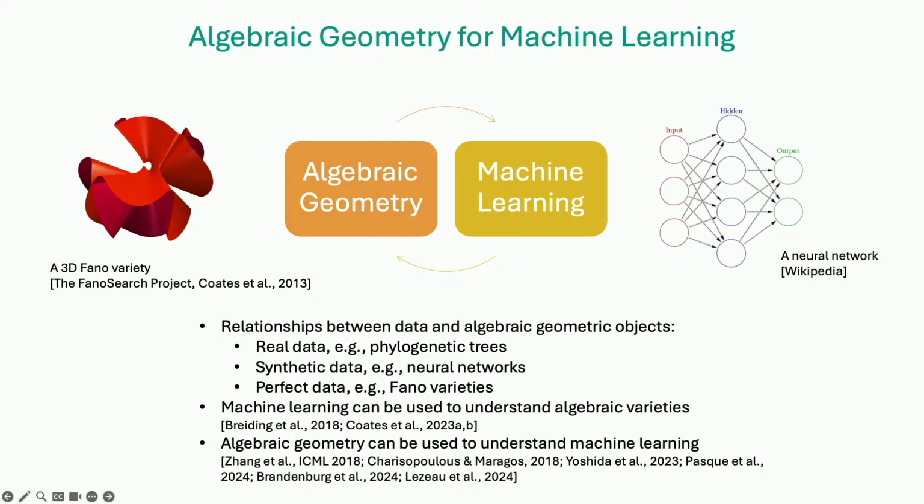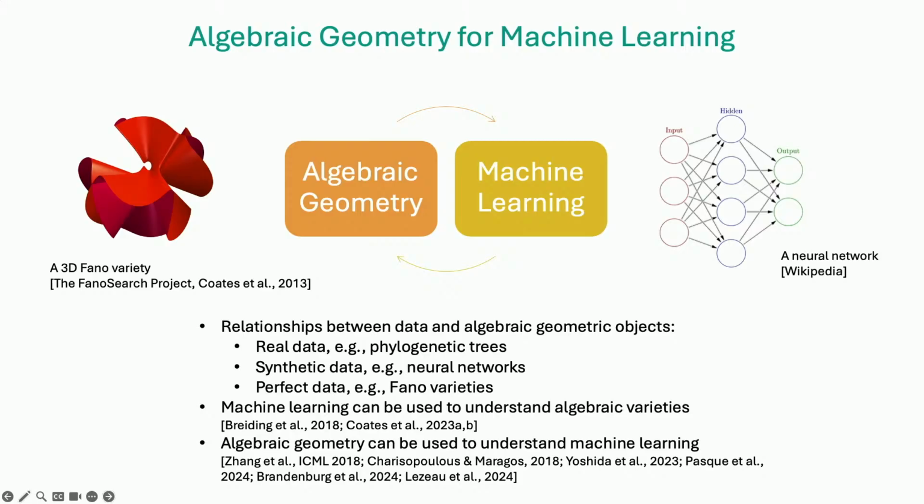They can also be used for perfect data. Something that I'm very interested in, and that one of my postdocs, Sarah, studies a lot, are Fano varieties, which are a particular type of algebraic variety. The idea here, as I mentioned before, is that varieties are basically just solution sets to systems of polynomial equations. So you can write down whatever set of polynomials you want, solve them, and then you get a variety. And then you just do this a lot of times, right?